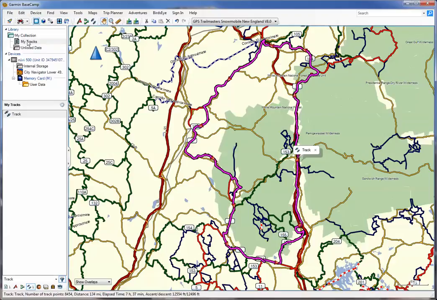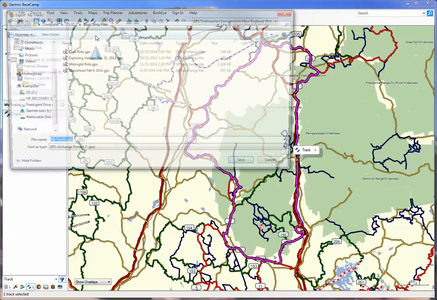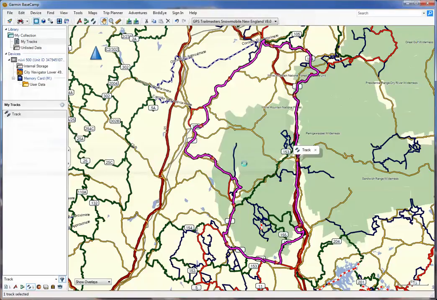The last step in order to actually get the track to me is to select the track, go to your File menu, Export, Export My Tracks, and it's going to save these somewhere on your computer. You can create a folder where you want to store these, give it a name if you prefer, and then do a save. And then you're able to go to that area on your computer